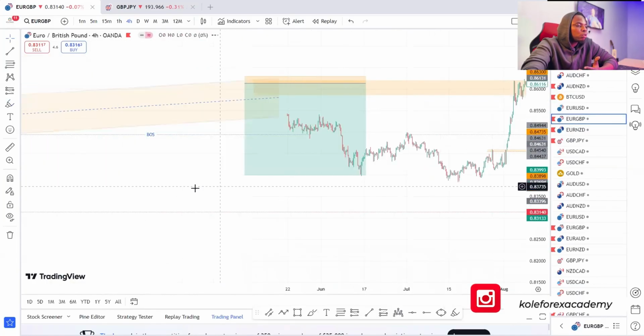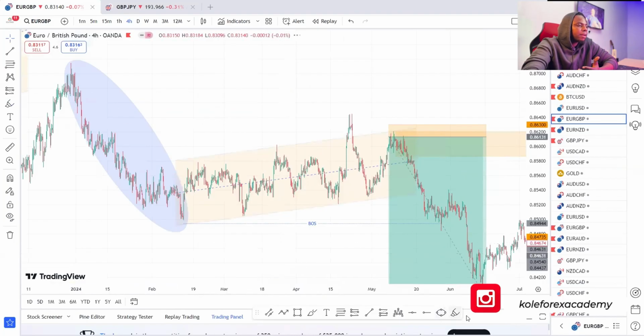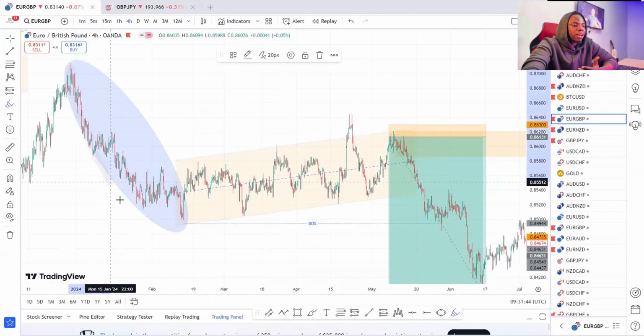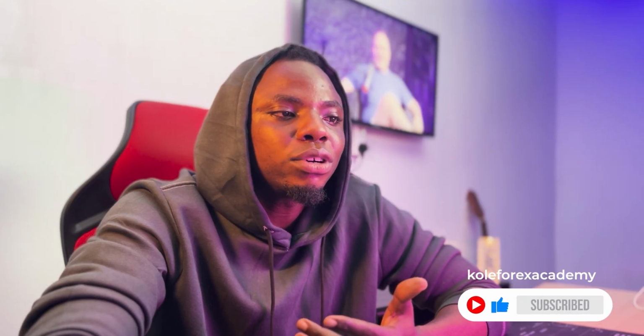Now let me show you some other setup that we took in the community. Okay, look at what we have here. This happens to be a very fast movement to the downside. That is a very clean impulse movement. So what comes to my mind is to allow the market to take its time to do what? To create its corrections. So by the time it creates its corrections, I'm positioning myself in a very good area to join the sell. That same thing that occurred there, see how it repeats itself here.